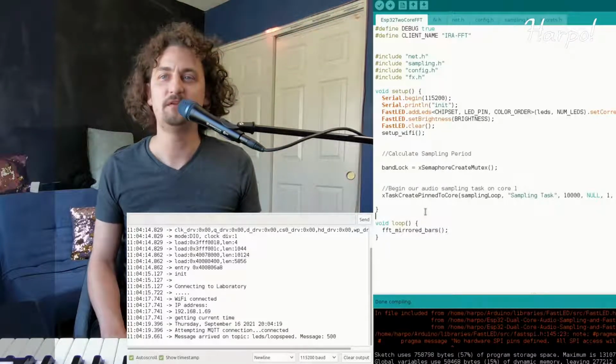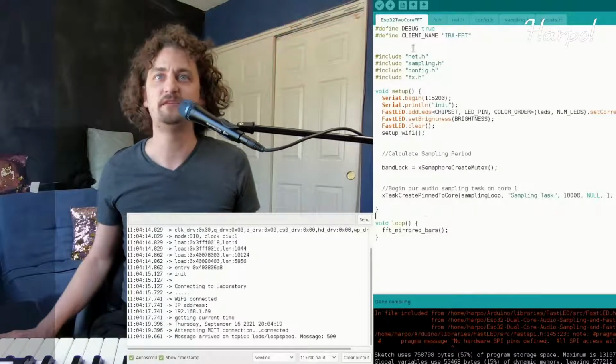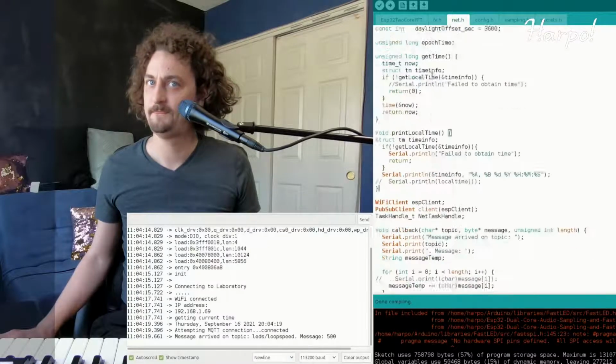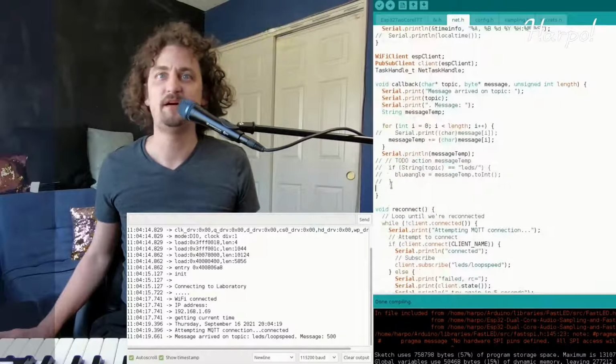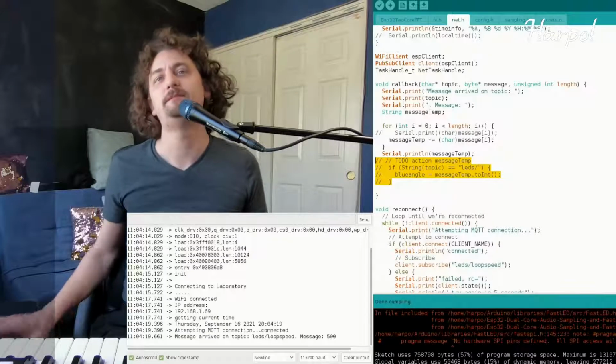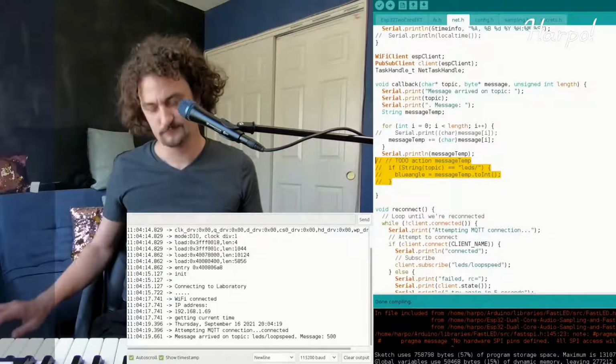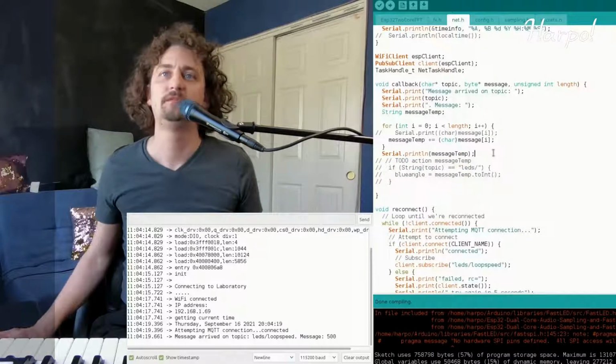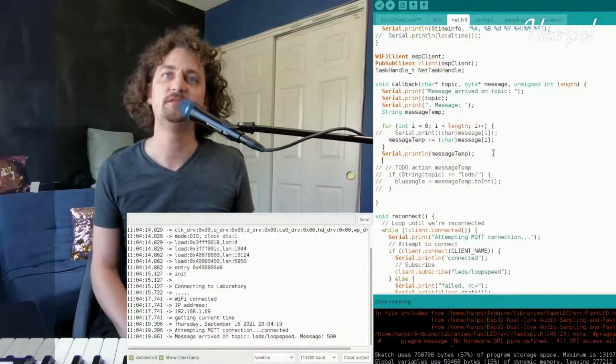We are going to have a little bit of that coming in from the net. And this bit that we uncommented, the action bit, instead of that, we are going to set